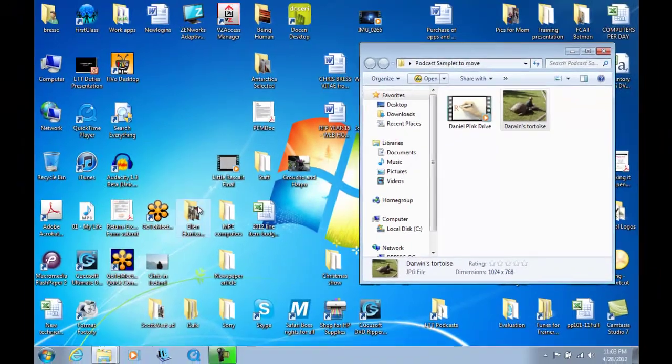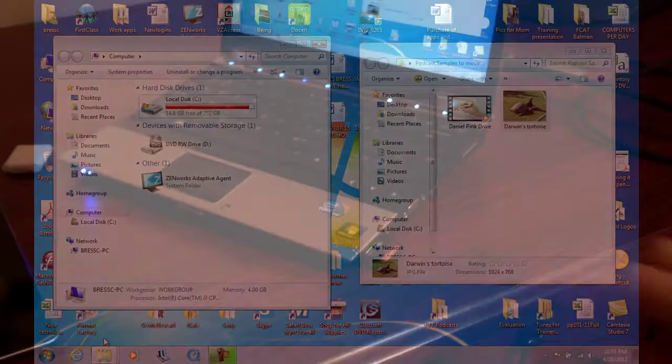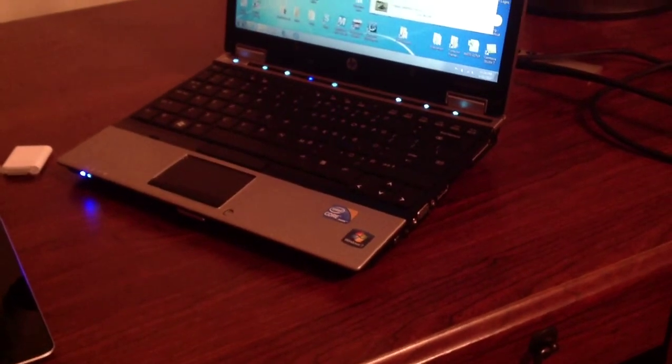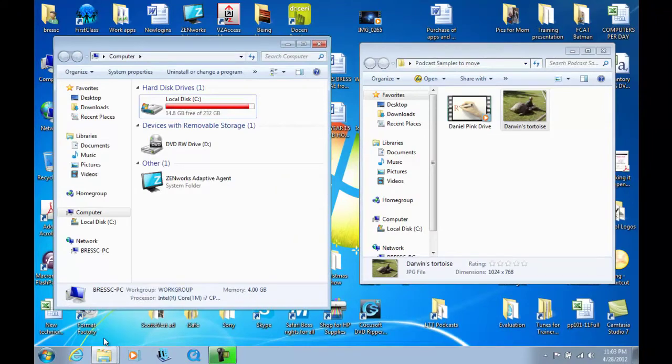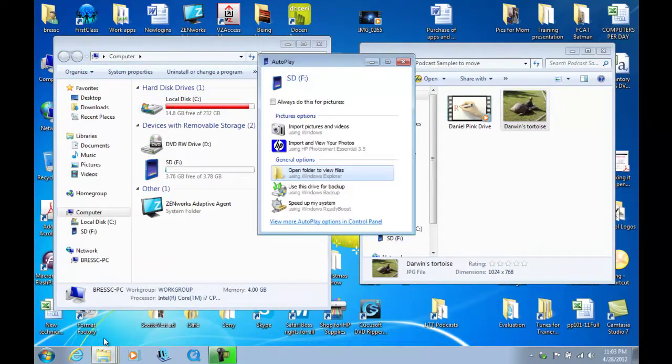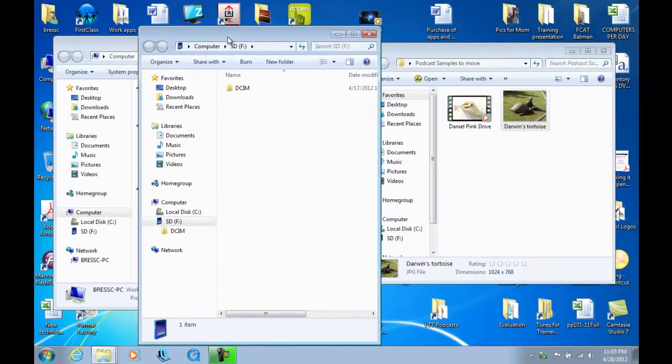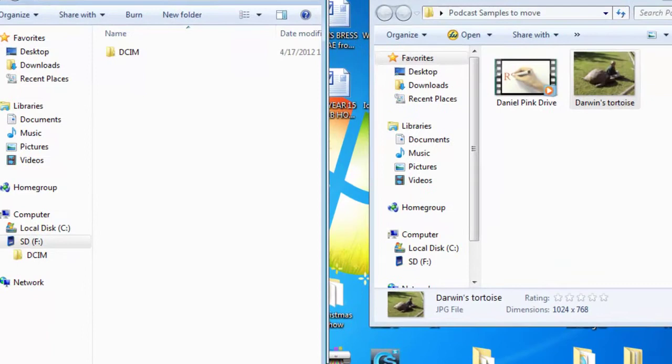I'm going to go ahead and put an SD card into my computer. Your computer might have an SD slot already, or you can simply use a card adapter. So here it is loading up. You can see that it has shown up, and I'm going to open the folder to view the files. Now, the cool thing about the photo adapter that you can get for your iPad is it doesn't just work for digital cameras. As long as you know the structure of the directory, you can move files back and forth